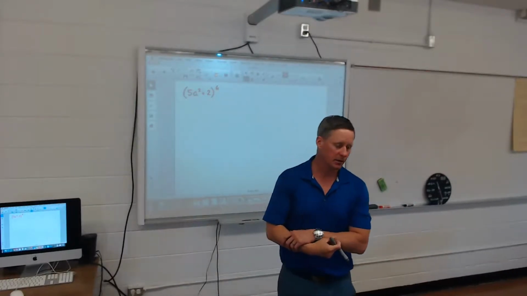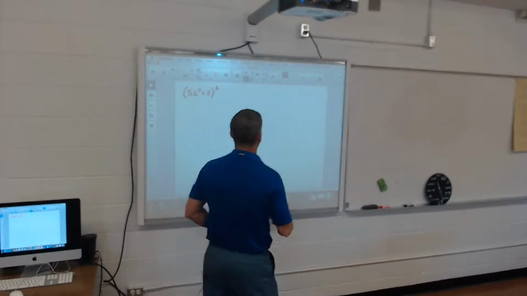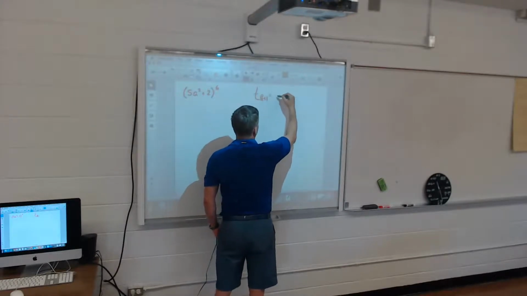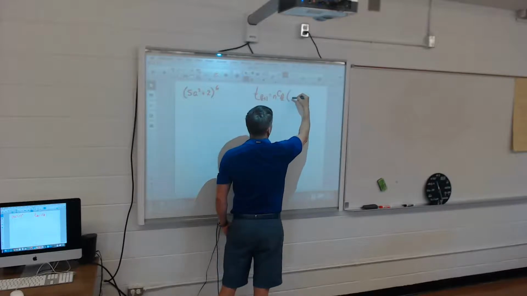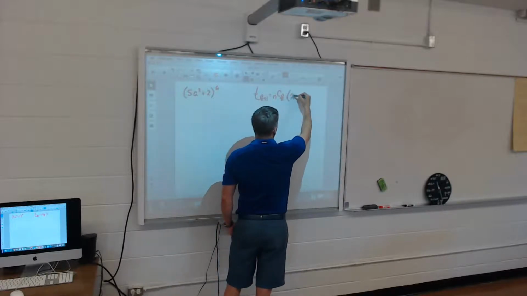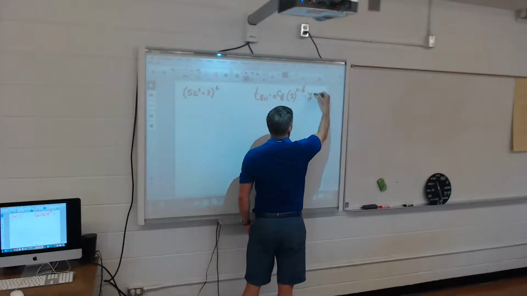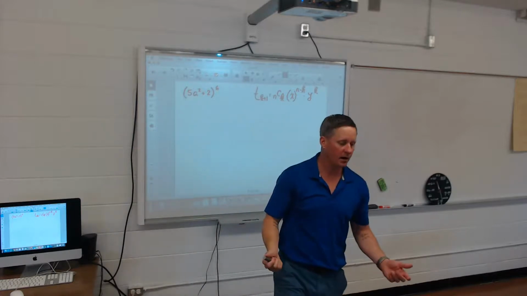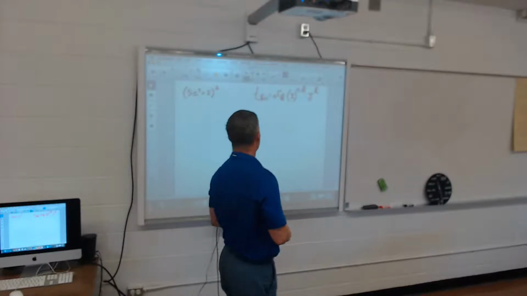I'm going to use the general term to help us here. So the general term, again, works like this: t sub k plus 1 equals nCk times x to the n minus k, y to the k. And again, they give you this. This would be on your formula sheet if you were to write an exam on it. It would be on your formula sheet. So